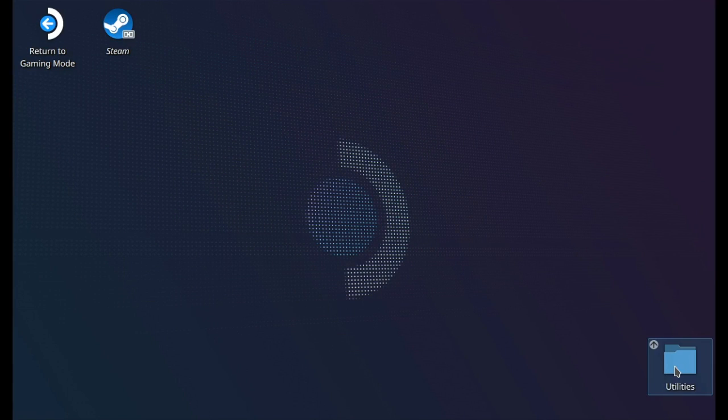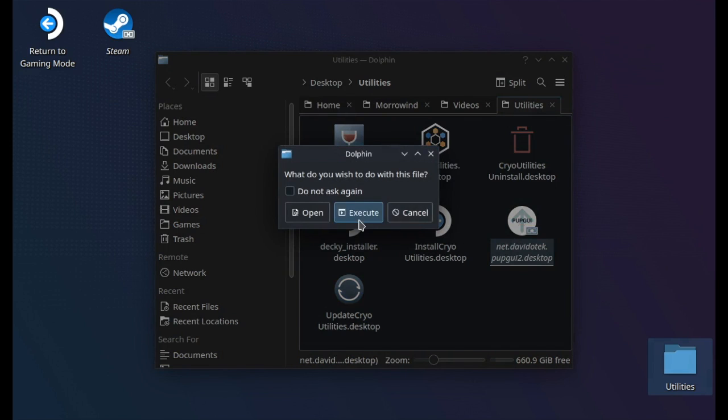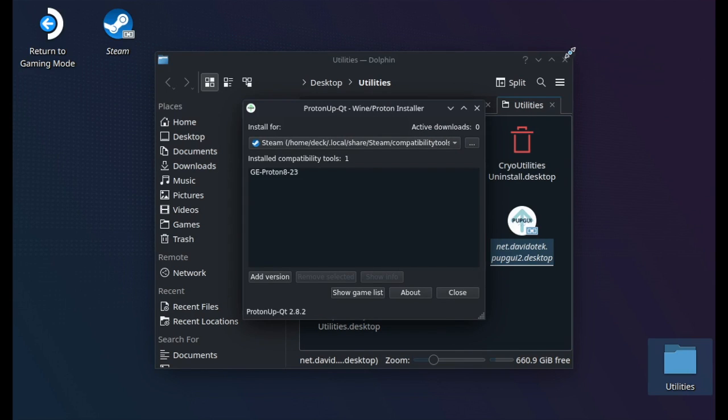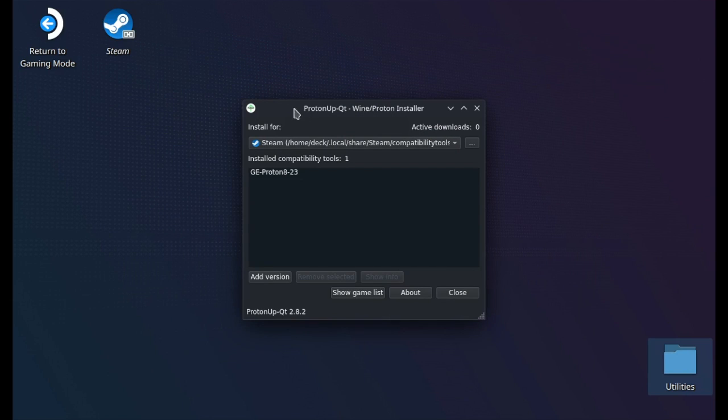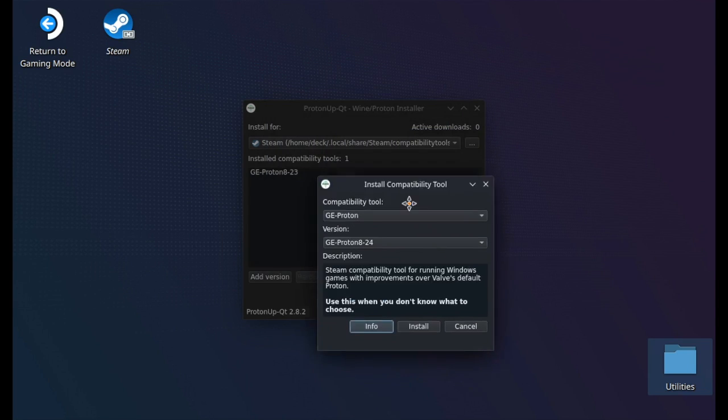Okay, so the first thing we're going to want to do before we even start thinking about playing WoW is get a program from the Discover store. That's called ProtonUp-Qt. If you've seen any of my other videos, you'll probably already know about this, and it's not a big deal. But just head over to Discover down the bottom in the desktop mode of your Steam Deck and download ProtonUp-Qt, and basically just download the latest version of